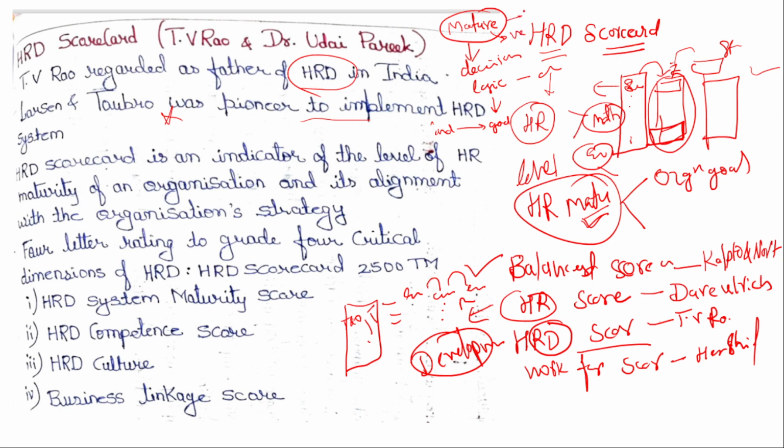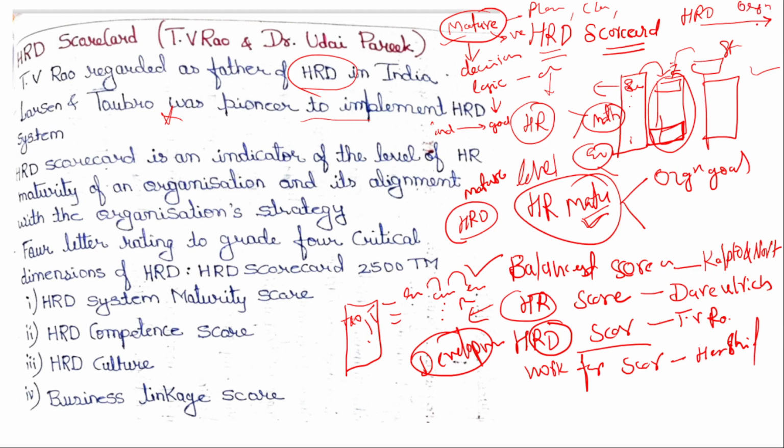A matured person is a planned person, a person who is calm, a person who is able to think logically. A person who cannot think logically and is emotional is called immature. Similarly, HRD functions are called matured when HRD instruments or HRD functions or mechanisms are able to achieve